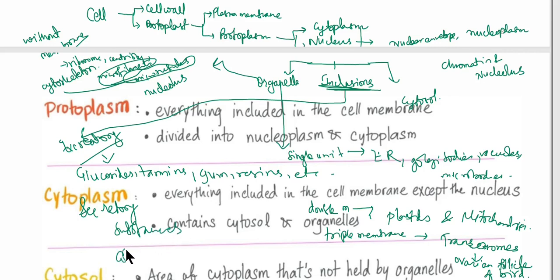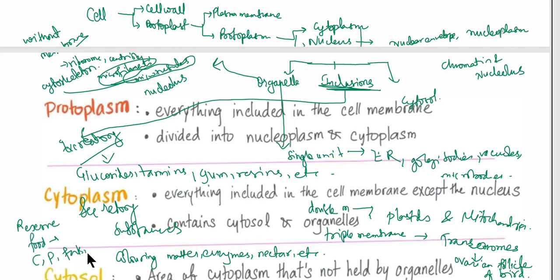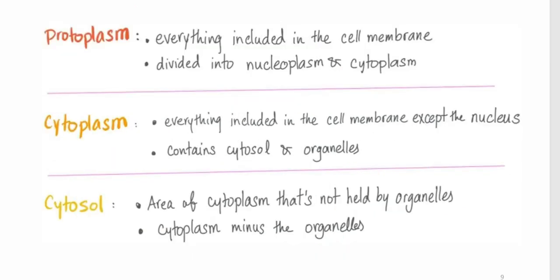like coloring matter, enzymes, nectar, etc. And the reserve food like carbohydrate, protein, fats, etc. Now let's talk about the three terms that are protoplasm, cytoplasm